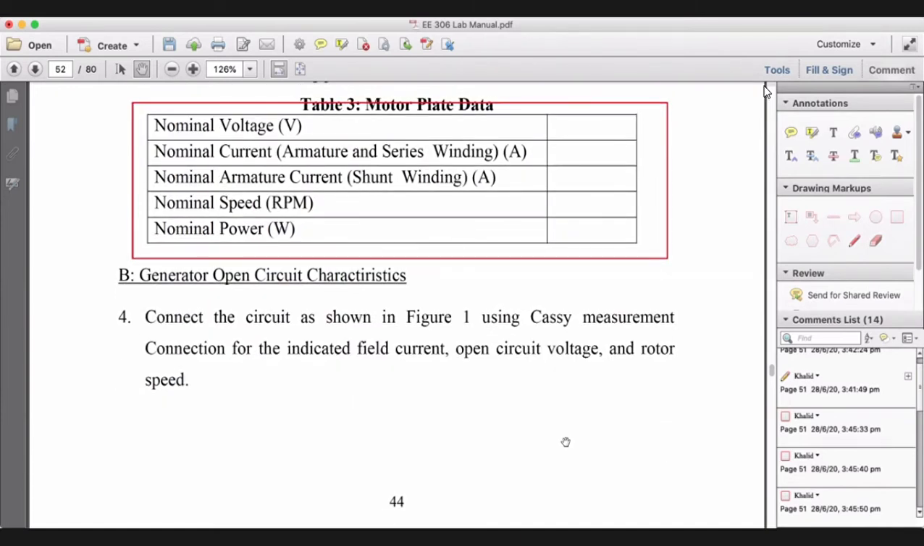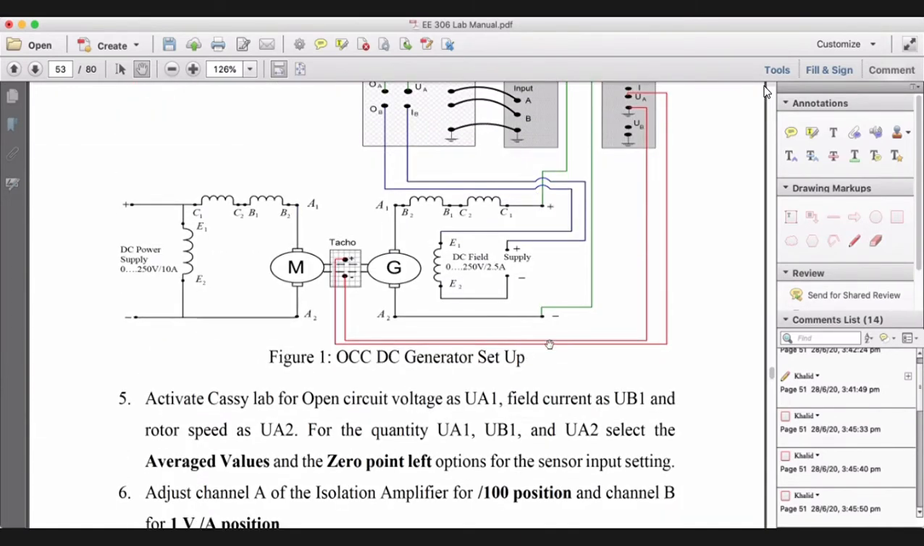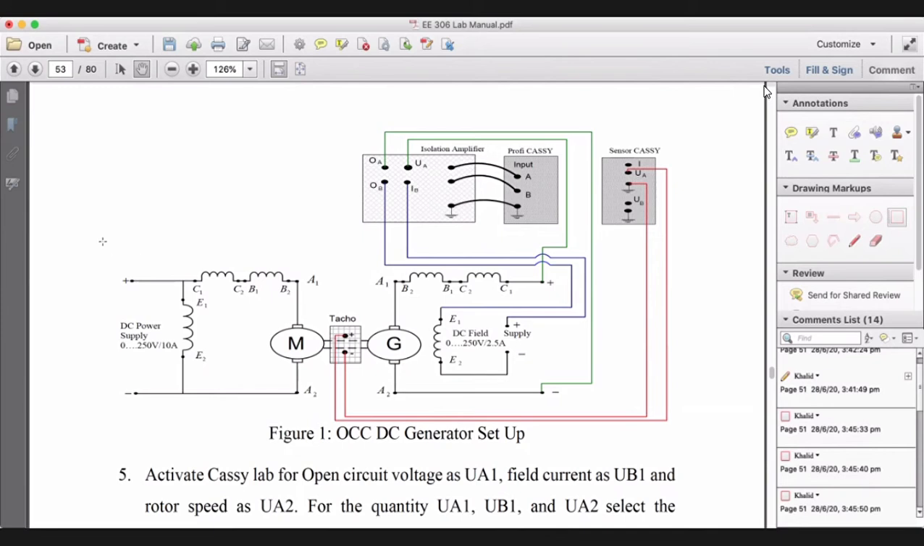Also, this is the procedure. This is the circuit diagram. You can see here that this motor is only used as a wind power plant. You can assume that I can replace this motor with a wind power plant, or I can replace this motor with a hydropower plant. The only purpose is to rotate the shaft of this generator,